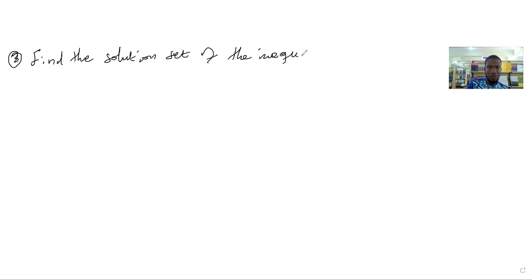Example 3 is find the solution set of the inequality